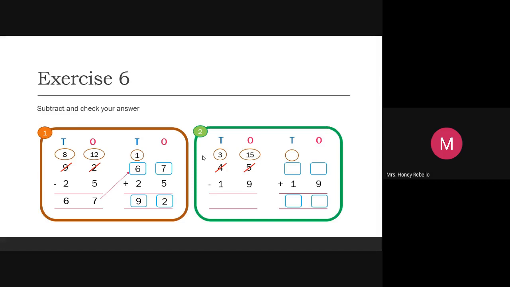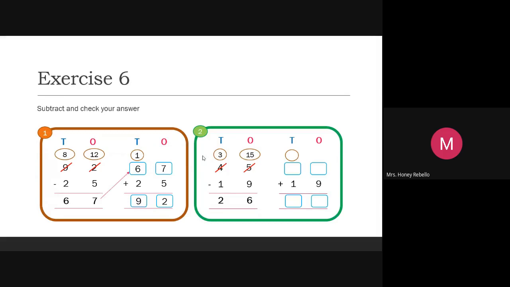I want you to tell me. After 9, you tell me. 10. Count on your fingers. Take the first finger and tell 10, 11, 12, 13, 14, 15. I don't want the answer, I want you to tell me the step, how you're doing it. Okay. You're getting 6. And what is 3 minus 1?